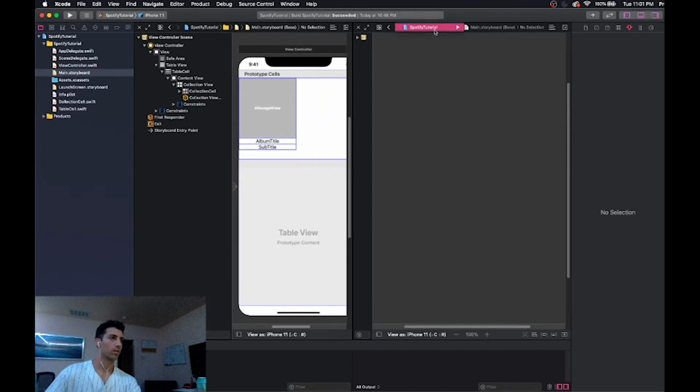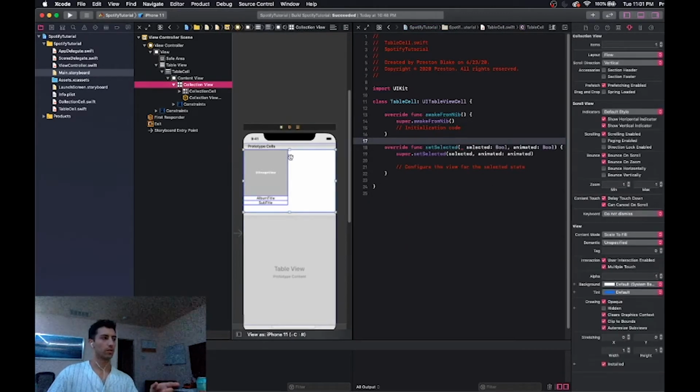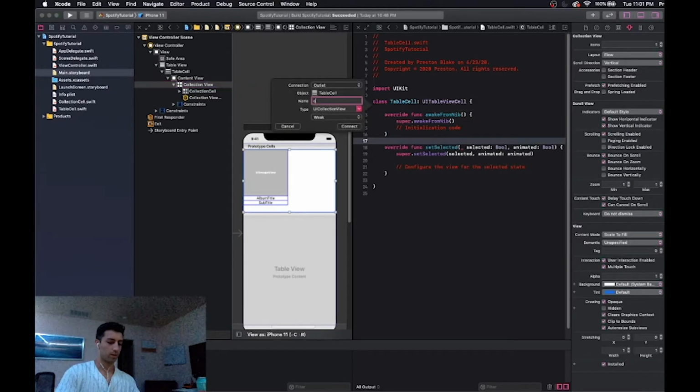And then now we want to go in here and go to the table view cell. So now select your collection view here. You can either select it in the actual Main.storyboard editor or the collection view right here on the side. You want to drag this over, and I'm going to call it collectionView,